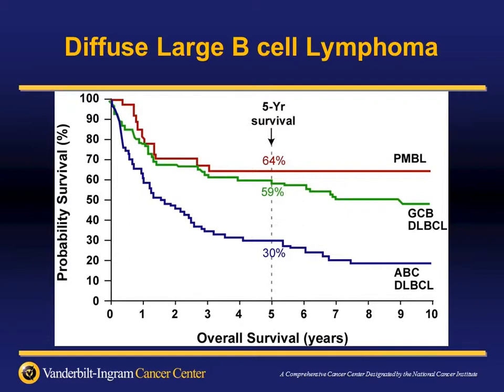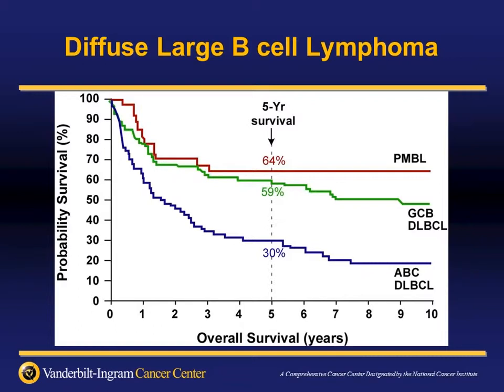The germinal center B-cell type, about a third of them will have the classic 14-18, but they involve genes around the germinal centers. The activated B-cell has different gene profile, and they have a worse prognosis. And about a third will have mutations in the MYD88 gene. And so these are different diseases defined at a genetic level, but for us clinically, the activated B-cell lymphoma has